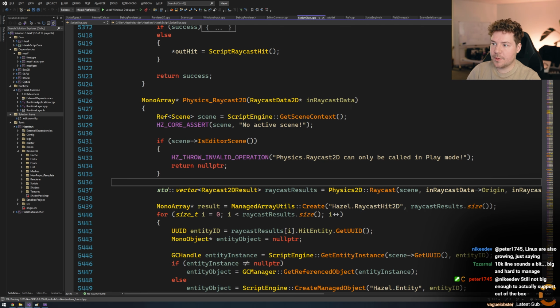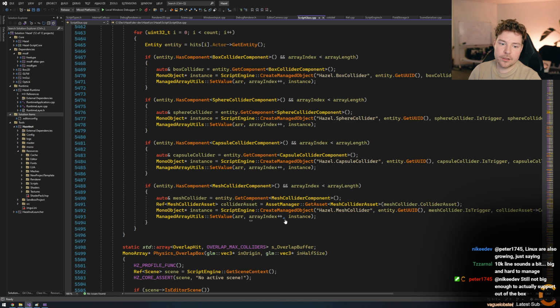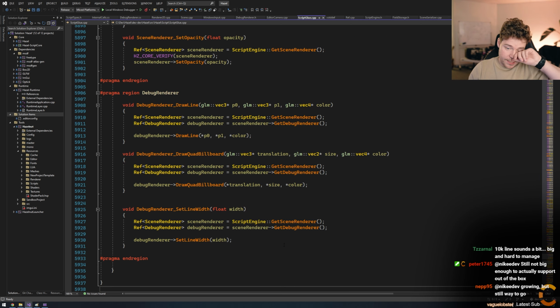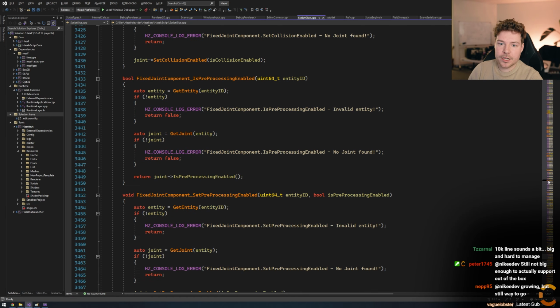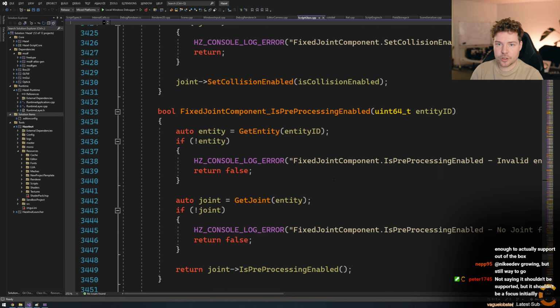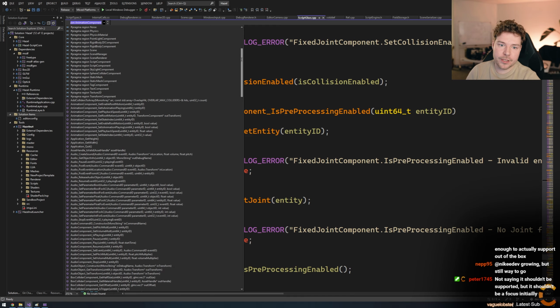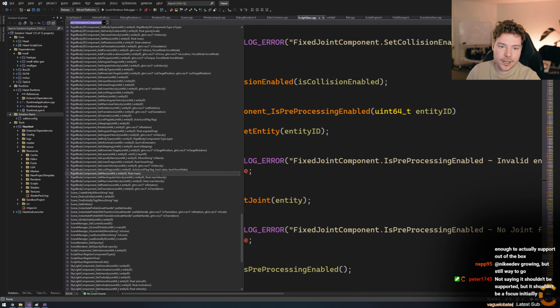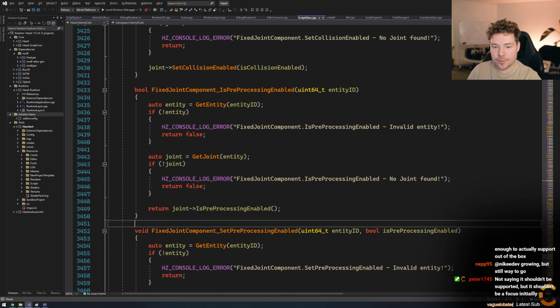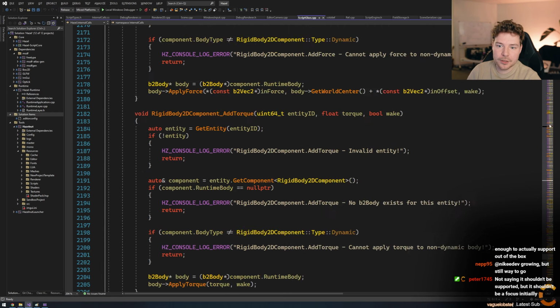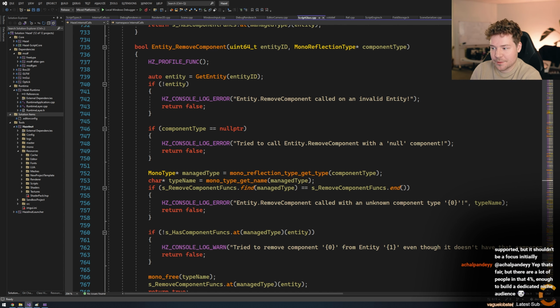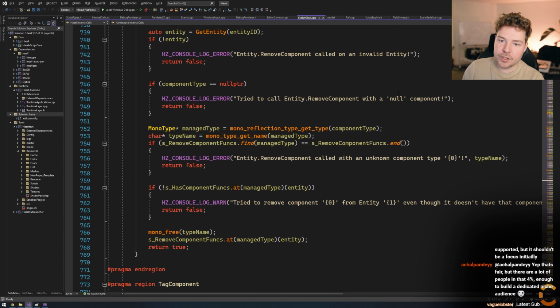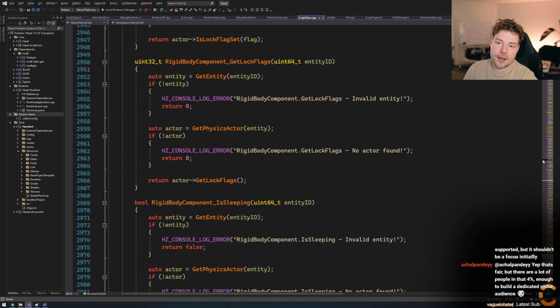If you go to the CPP file, you can see it's quite long, almost 6,000 lines of code. But when you look at it, the great thing is you literally have everything that's exposed to C# all here. So if you're looking for something while implementing something else, you can look at everything, and it's all in one place in one file. I love doing that, honestly. I think that's a really good way of doing things.